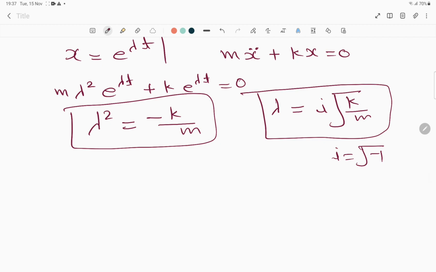So now I have got this imaginary number over here, and therefore let's say that omega n is nothing but root k by m. That is the natural frequency. So I can write the solution. So basically x is nothing but e power i